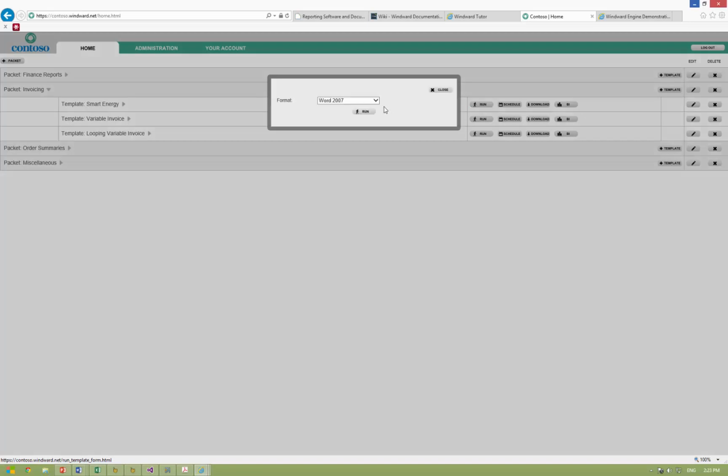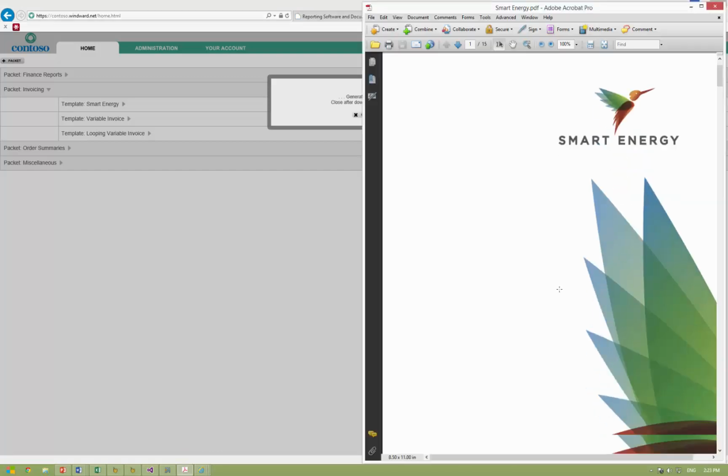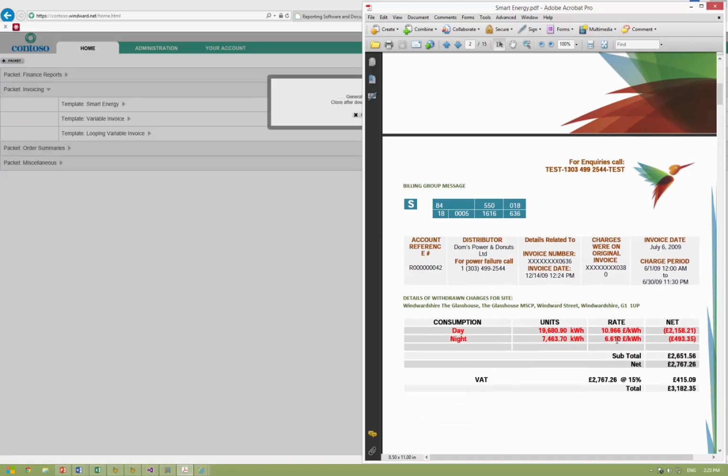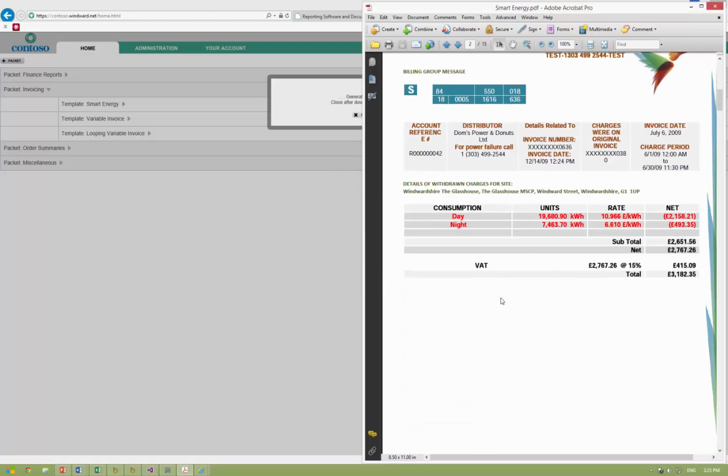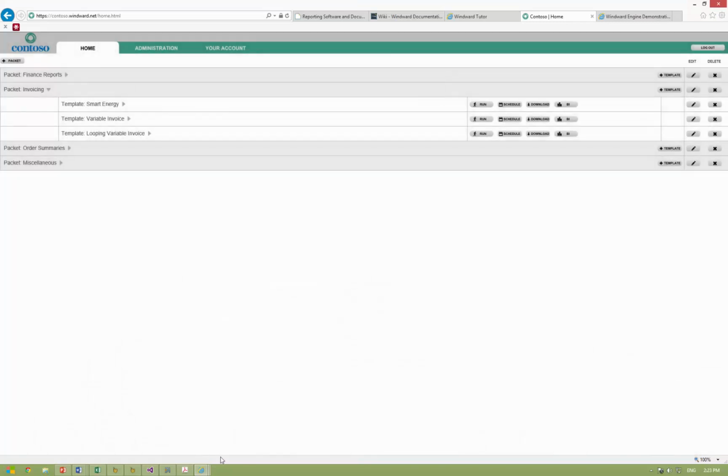So I'll just go ahead and run that document, generate our output, and we'll now be able to see that the updated changes have been made to our document itself. Let's quickly go back and cover what